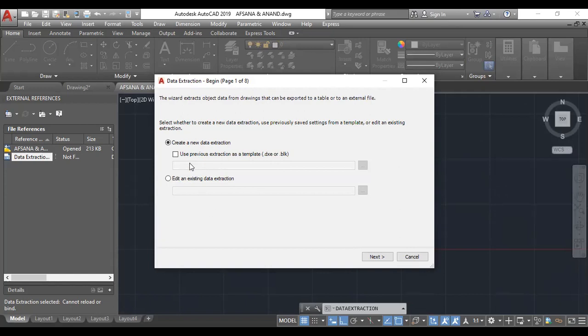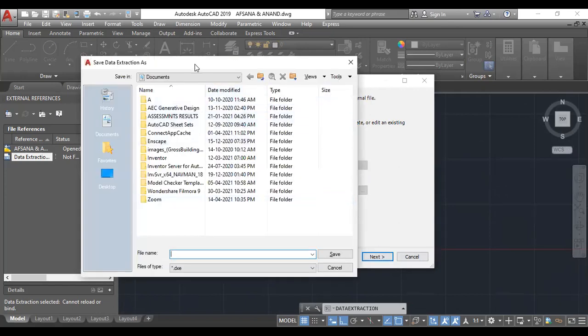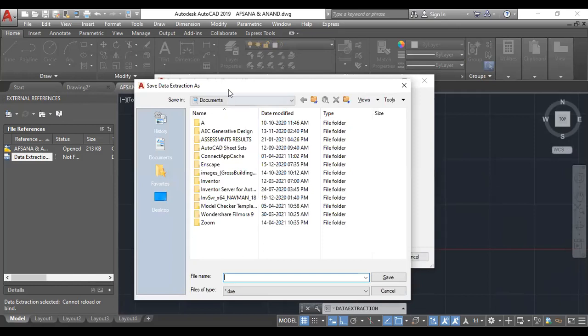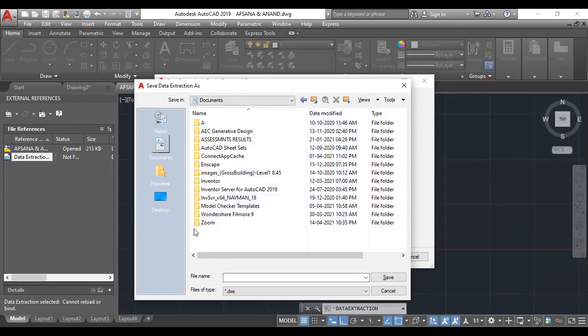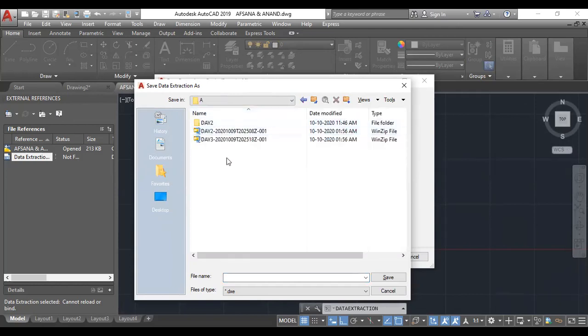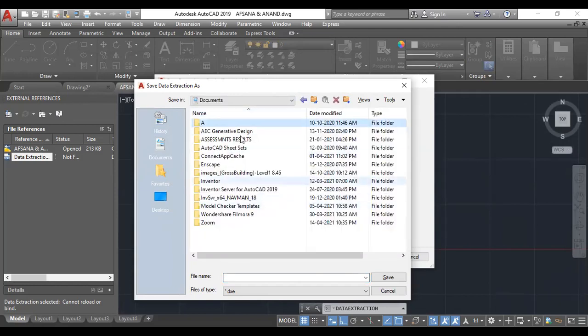From this we can go for creating a new data extraction. Then we can click on next. Then we need to give a folder for this data extraction to be saved. So I'm going to create a folder in documents. I'm selecting this A folder. So in this folder, that document will be saved.